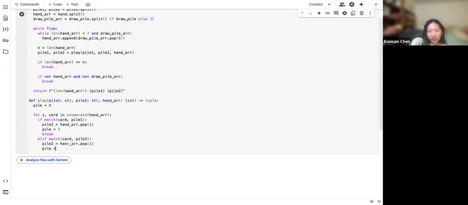And pile equals 2, break. And this makes sense, right? Because it's basically the same code as we had right here, but instead for pile 2. So then next,